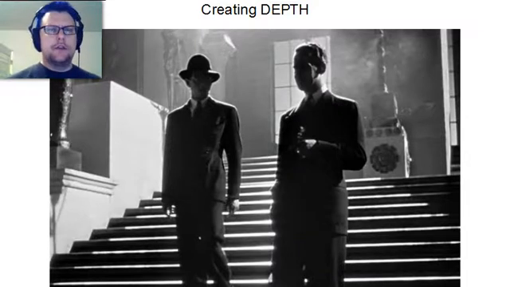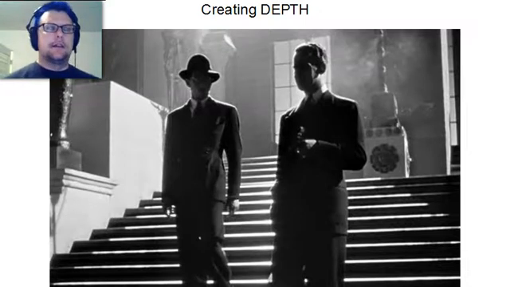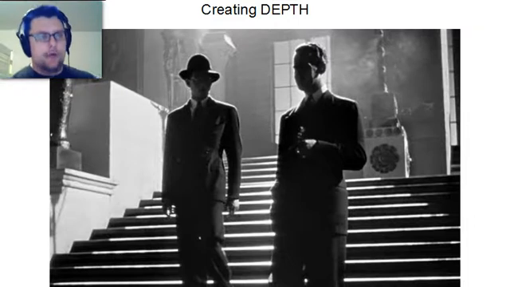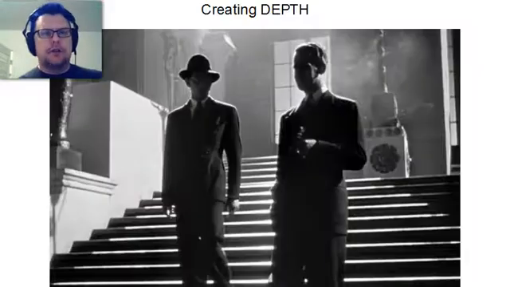One of the reasons that you do this is that in creating a world that has dimensionality to it, it makes it easier for us to accept that world as being something that really exists, because we, as human beings in this universe, experience a three-dimensional space all the time, and so that's very relatable. So if you look at a frame like this, from Citizen Kane, and actually,